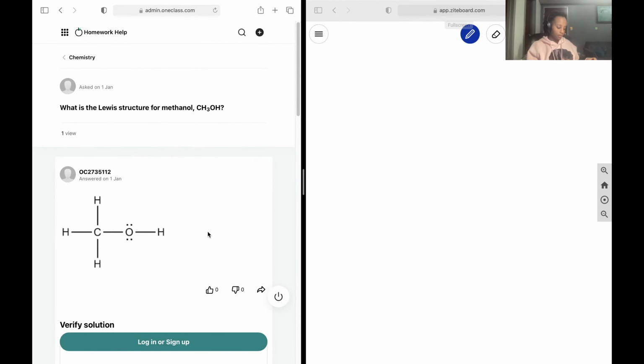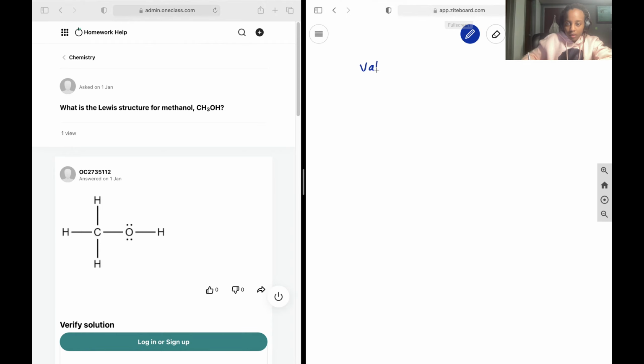Okay, let's get into it. So for our first question, we would like to find out the Lewis structure of methanol. From its name, we know, of course, it's an alcohol, organic chemistry. So we have,